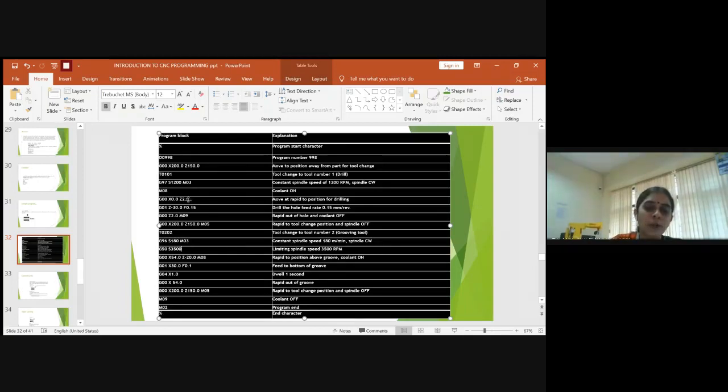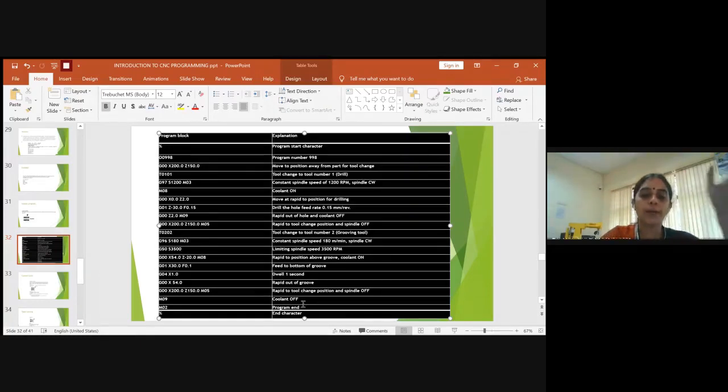First we did the drilling operation, then the grooving operation. So once the grooving operation is over, we should make a spindle off. So along with the rapid traverse, you will make the spindle off by typing M05. So once the spindle is off, there is no use in making the coolant on, because nothing is operating. So you will directly type it as M09, so the coolant gets off.